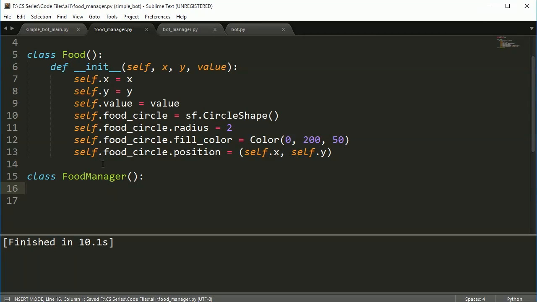Now I'm not going to do any testing on this until the very end, so a lot of this is going to get built and you're just going to have to follow along, and then at the end I'm going to test it in the Simplebot main. But later on we're going to move it all to a different file that's going to combine the bot manager and the food manager together, and we'll get to that in the next video. But for now, let's just go ahead and create the food manager, and just like